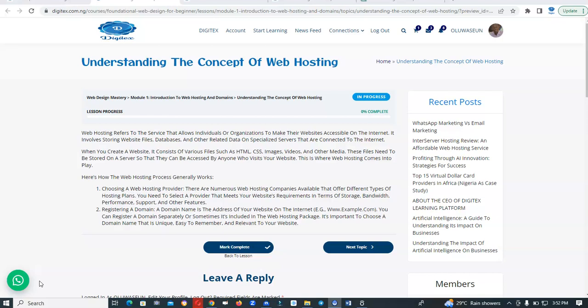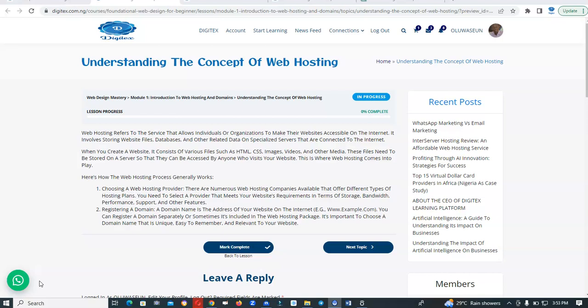So anyone looking for you will type it in, just the same way they will type in your physical address on Google Map, that will lead them to a location. It's the same way people will type in your domain name on the web, on their browser, that will lead them to your website, to what you have to offer. So your domain name is your internet address, that people can use to locate you on the internet.